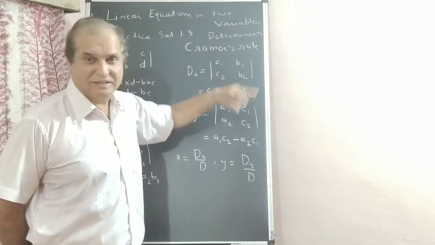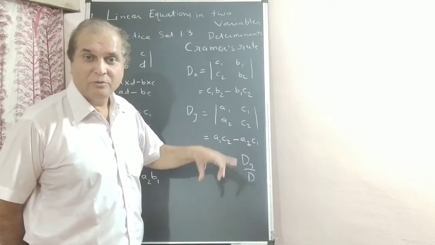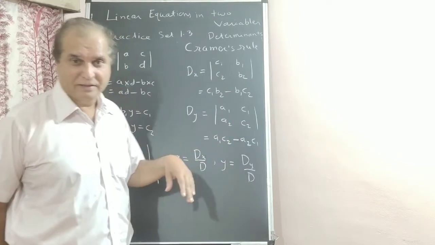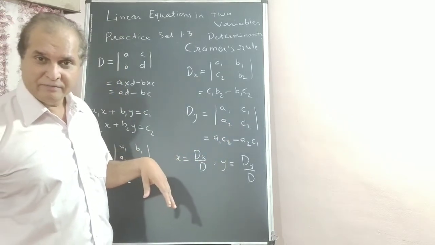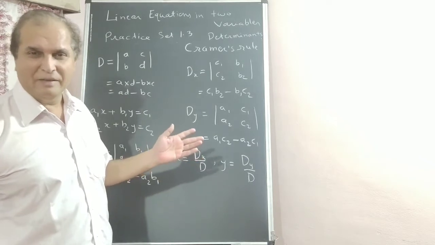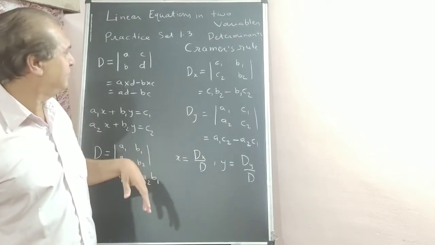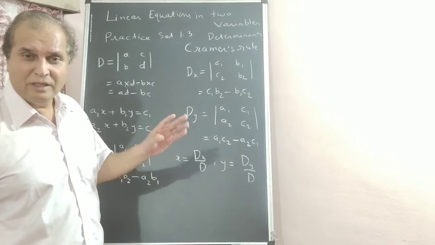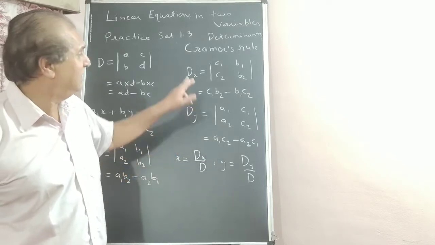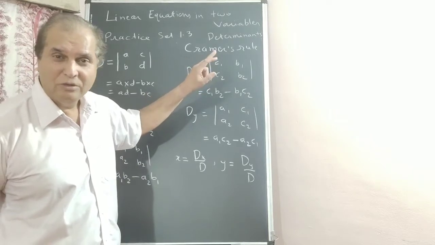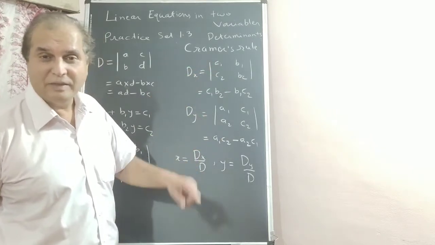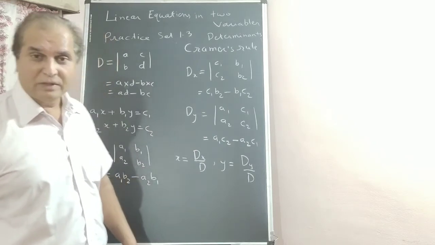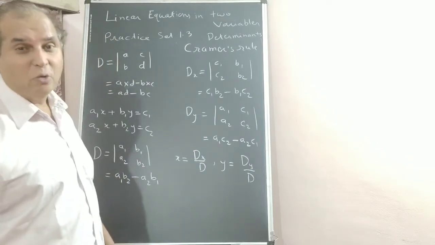Using determinants, you have to make determinants of the equations. Two equations will be given to find x and y. It may be different variables, m, n, p, q, whatever. Make it using determinant, no elimination, no substitution. If it says solve using Cramer's rule, you have to follow this method only. You can't change the method. Whatever order is given, you have to obey.